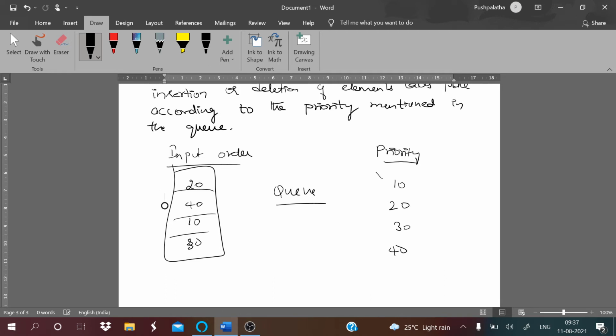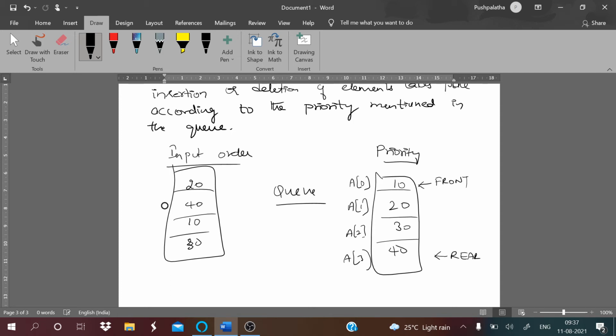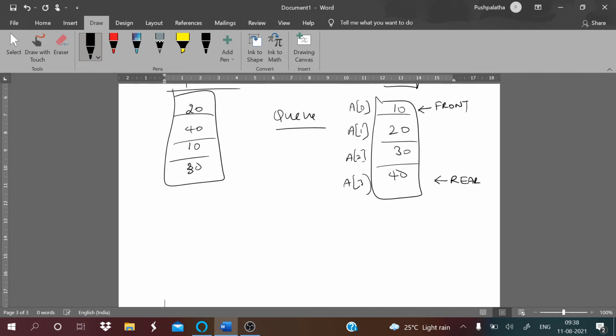The priority may be, they may say that it has to be in an order. So this is your A of 0, A of 1, A of 2, A of 3. So this is your front and this is your rear. Either ascending order, descending order, or whichever basis they ask for. Here they have asked for an ascending order. So this is the order in which it is being done.